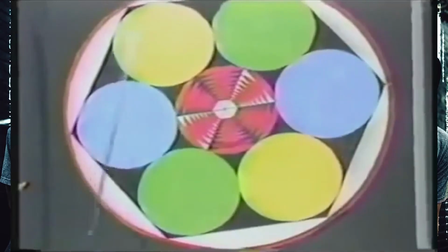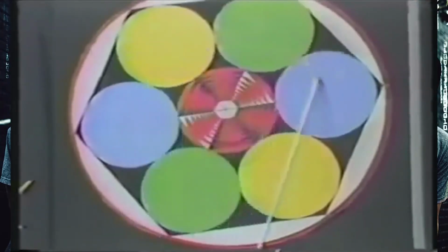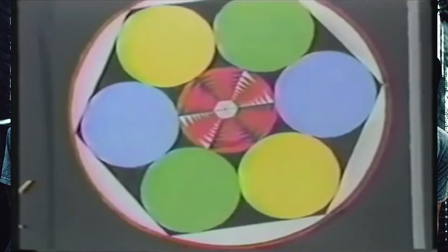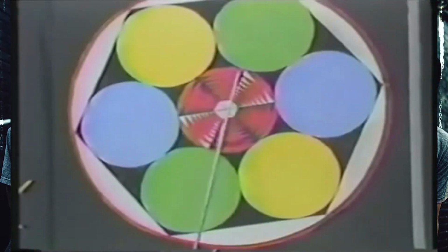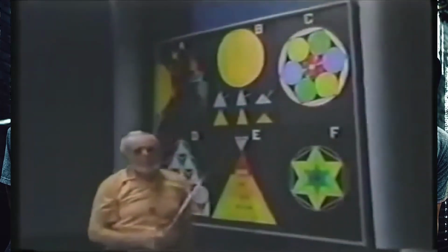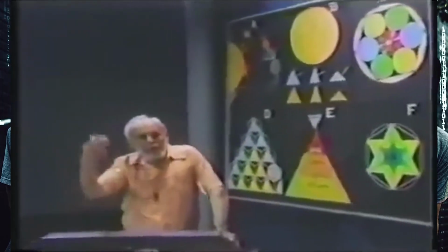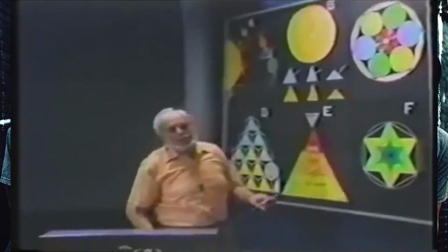For instance, up here, you see this chart, C here? This one here. I got a circle, I got a hexagon, and I got 1, 2, 3, 4, 5, 6 circles and one in the center. Now this is the only perfect way that circles will fit close together and leave no gaps. Now in that circle I can have a hexagon, I can have a triangle, all the shapes are within the shapes. Now I want to point something out here that you probably haven't thought of. You remember I said to you early on that from alpha to omega, that dust to dust, okay. In the light spectrum, colours of the rainbow if you like, we have 6 colours